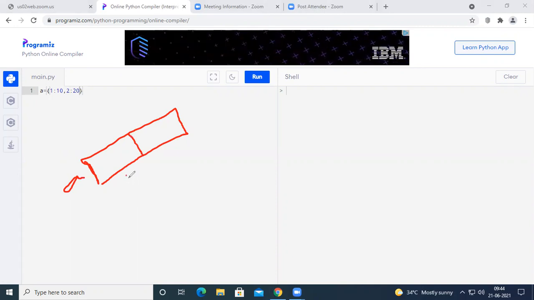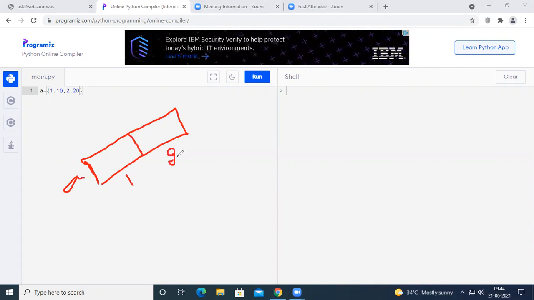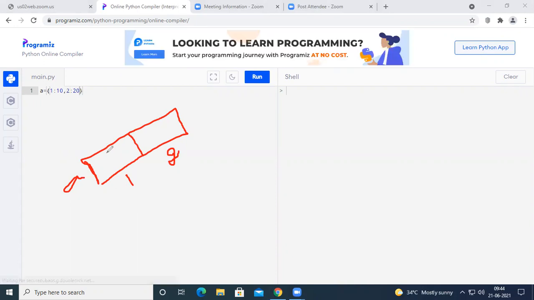The index value of the first part is 1 and the index value of the second part is 2, because we have given the keys as 1 and 2. So it will act as an index. At index 1 we are going to store 10, and at index 2 we are going to store 20. This is how the values will be stored inside the memory location of the dictionary.